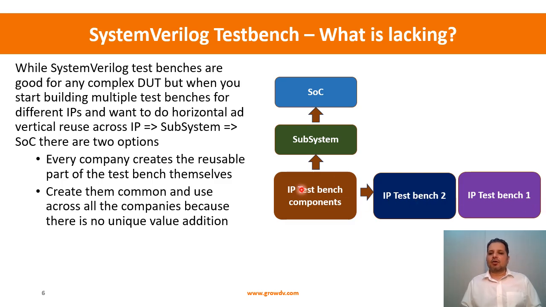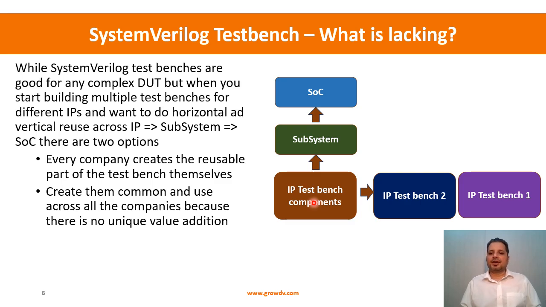Build something in the context of UART. I want to use part of it for, let's say, I2C. I want to use it for a simple SPI. I want to use it for USB, Ethernet, PCIe, and so on and so forth, right? All horizontal, I want to reuse. And this is not just words, right? Even in the simple course that we are going to do, like APB, for example,